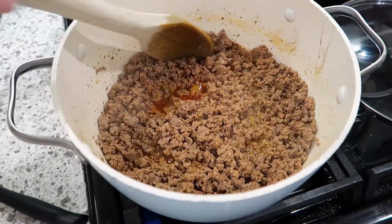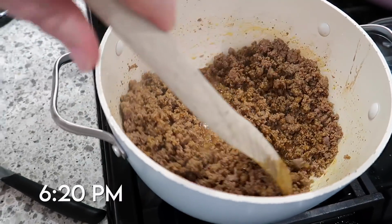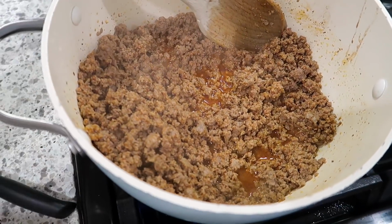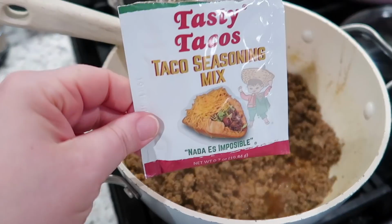All right, so I'm making dinner. It's 20 after 6. I sauteed 2 pounds of ground beef and drained it, and then I'm using this Tasty